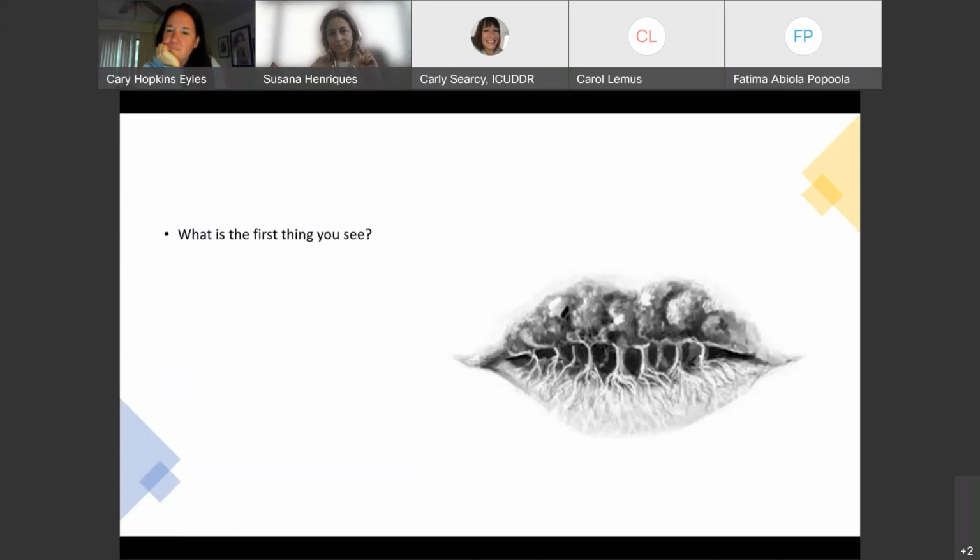Trees and roots. Trees. The very first thing, Carol, is it trees or roots? It's both. I see the top part is the bushes of the trees, and then the trunks, and then you see the roots, but it also looks like a mouth. Mm-hmm. It's true. You can see these three things. And the first thing that you see may tell us information about your personality. For example, if you first see trees, it could reveal that you are more of an extrovert person.